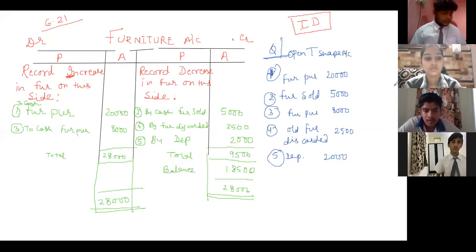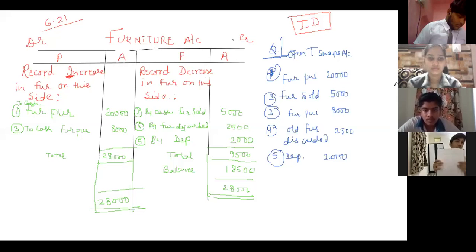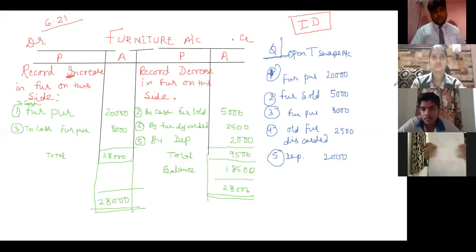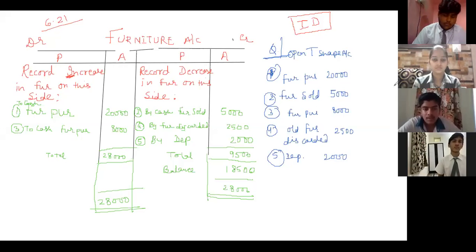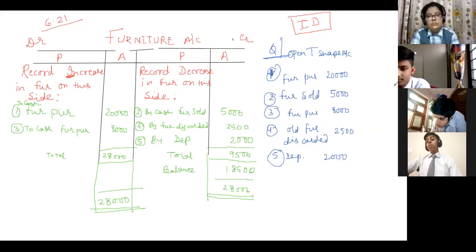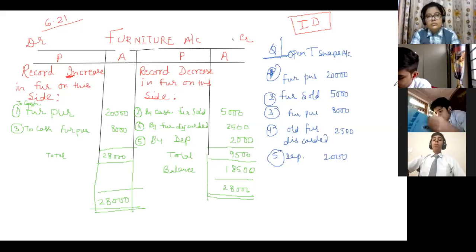Sarthak Singh, show me your copy, beta. See, maybe you are doing it in a rough copy, as I can see. Make a fair copy, a proper school copy, or make a register if you don't have a school copy. Because within a few days, we will tell you to submit your copy. So do it in a proper way, Sarthak. Tanishq Malik, show your copy to others so that they can make it this way. Sarthak and Kachawa, please see.